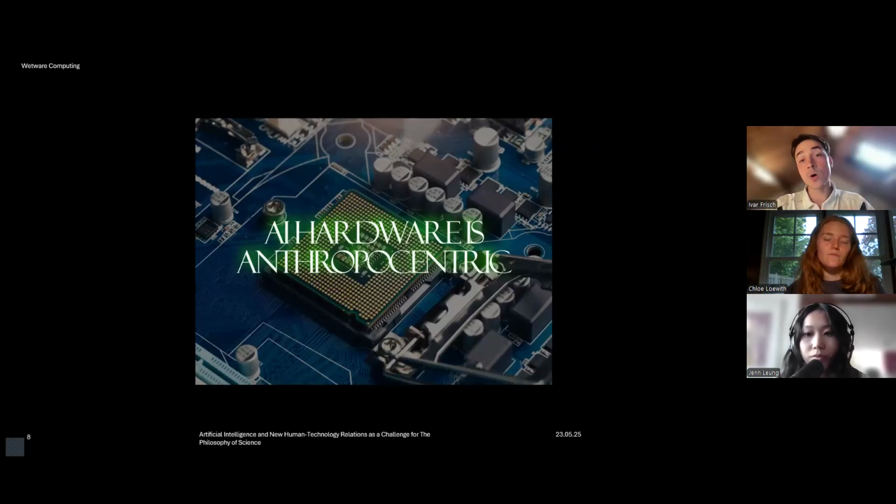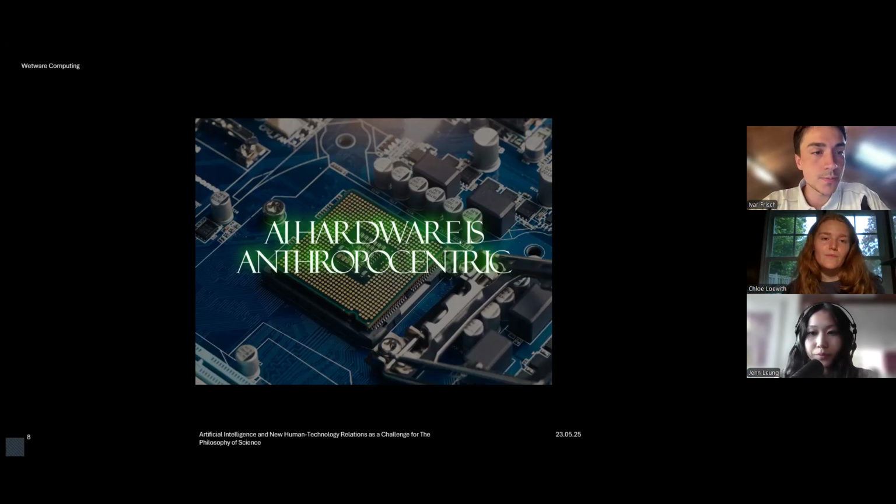Part of the reason why this is the case is because AI hardware can in itself be said to be anthropocentric, because AI models often run on silicon-based hardware and they contain a central processing unit, a CPU, meaning that information is processed top-down, but also the architecture itself is static. The architecture of the model itself is static because which layers it has, how many layers it has, is all predetermined by humans and it cannot be dynamically updated.